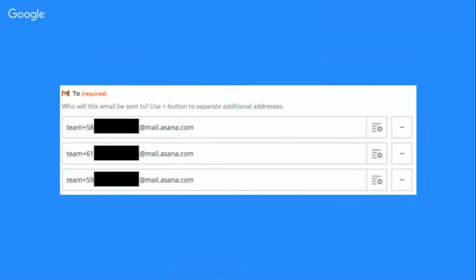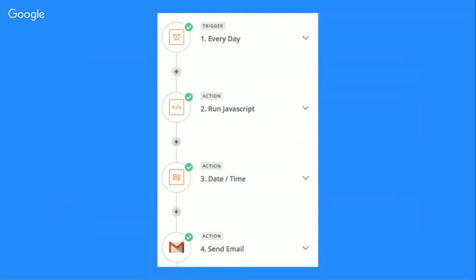So actually, on the screen you see that we send this message to 3 different Asana mails. So we send this to 3 different Asana teams, so every team can have their own stand-up message. But that's the first and the fourth step. But what happened in the middle is actually